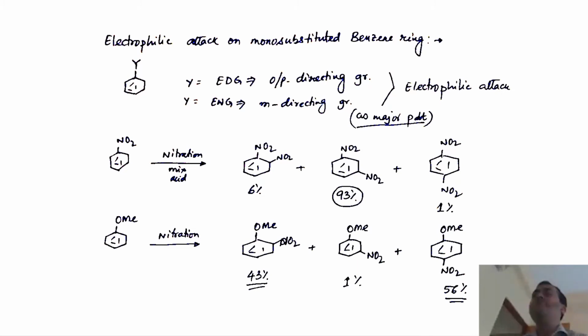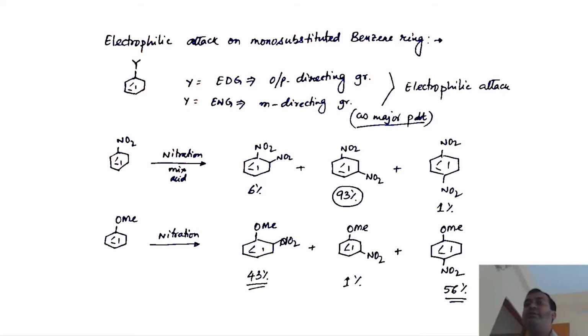Okay. Now generally, what is observed is that for either ortho-para orientation or meta orientation, the major product is, in this case, the meta product, but you do get some other mixtures. These are very minor, depending on the reaction. And in case of ortho-para, the ortho and para are the major products and meta is the very minor product.